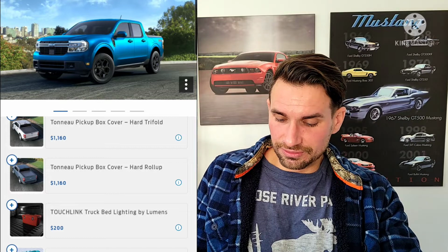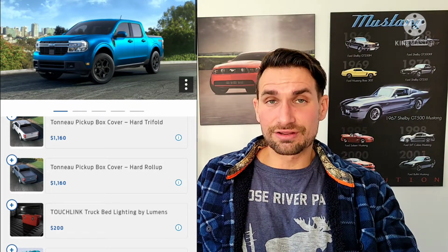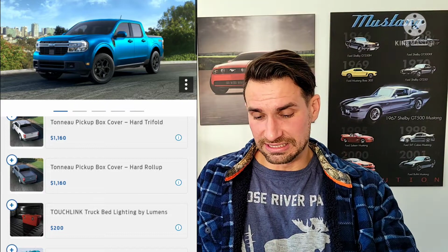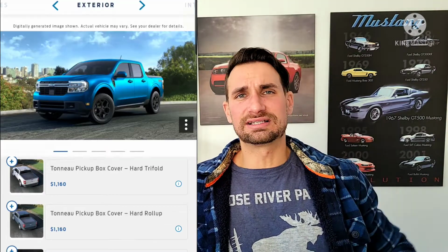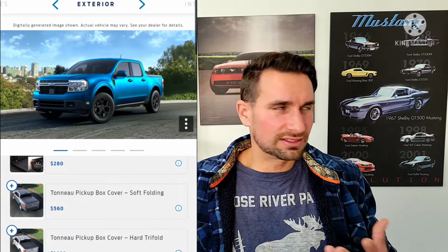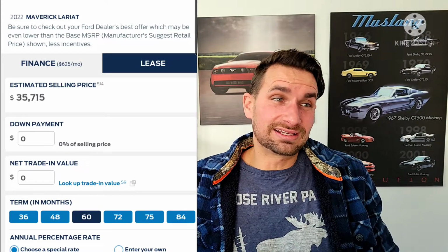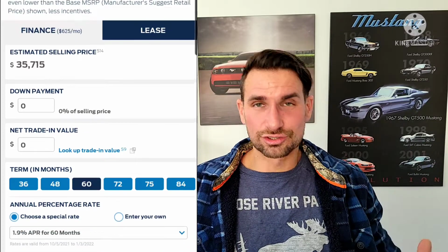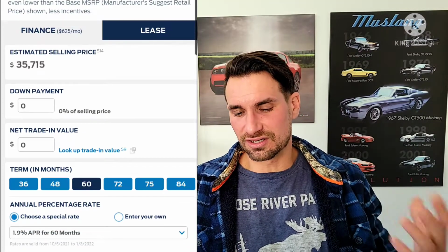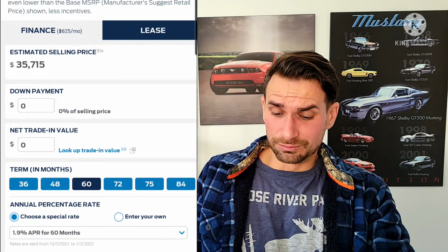So if we fully load this, the estimated selling price is $35,715. Some people will say, oh, that's wild, that's crazy. Why does the Maverick exist? It's the price of a Ranger. Okay, yes, a Maverick unbelievably loaded with all sorts of luxury is in the price range of a Ranger that doesn't have all those luxuries. But that's just true of how all vehicles are set up on the market these days. So I still much prefer the